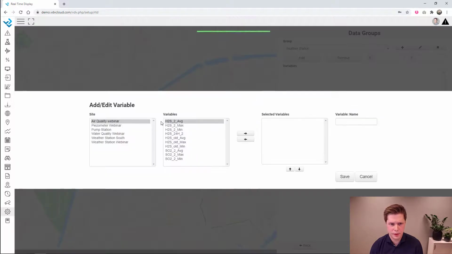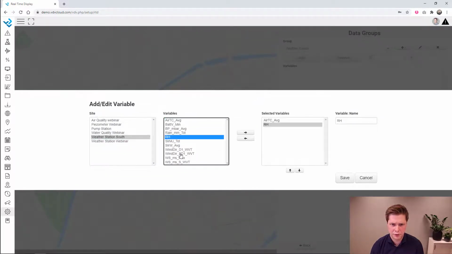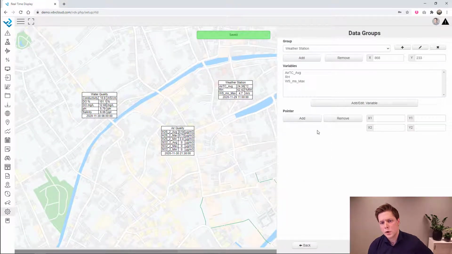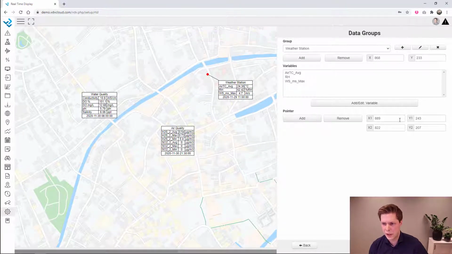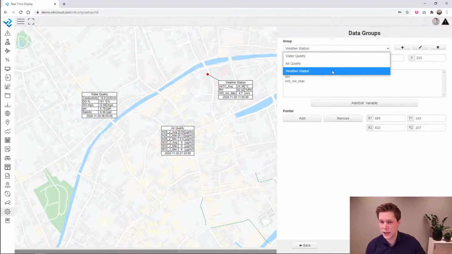And I am simply going to include my air temperature, relative humidity, and wind speed. For each data group, you can create a pointer, so here we have a pointer. You simply click where you want the pointer to start, and then you click again where you want the pointer to end. So if we click here, we see that we have water quality,